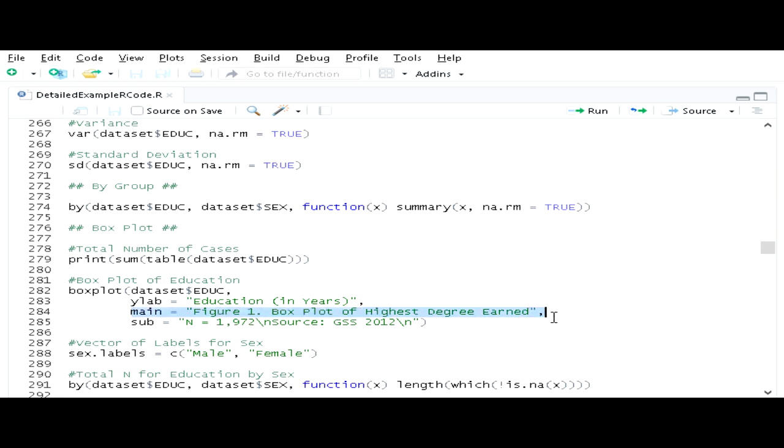I'm going to include a title with the main option. Notice that these are all, again, separated by commas, which is a pretty common convention in R. And then I'm just going to add a note at the bottom of the table telling us how many cases we had, which we calculated right here. And then we have an end of line character and the source and another end of line character. So if I run this